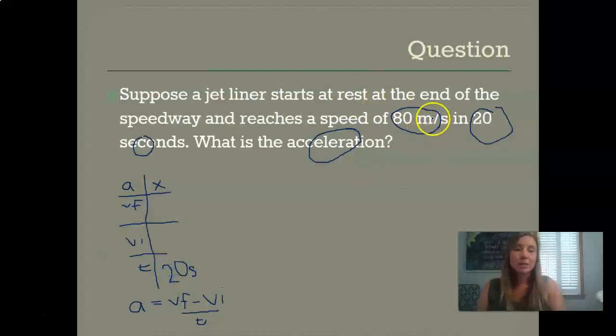We also have this 80 meters per second. There's a couple of pieces of information we kind of need to read into this, though. It says reaches a speed. So if it reaches a speed, is that its initial velocity or its final velocity? And technically, if it's reaching that, it's going to be its final velocity. So we're at 80 meters